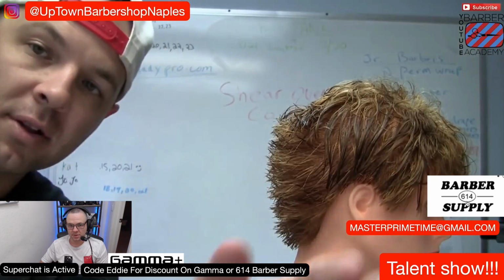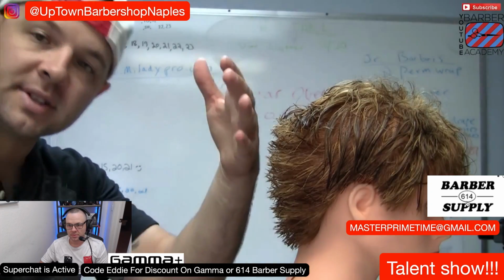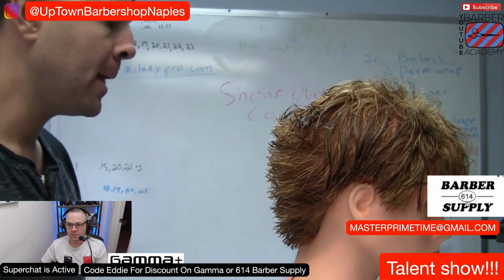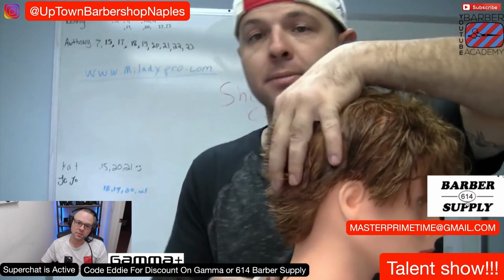And look how good it looks, nice and straight. On this side profile, you can see that all this hair is being cut accurately. Now, another way that I could have done it, I could have gone through and held all these subsections and